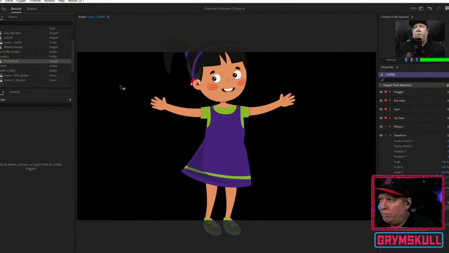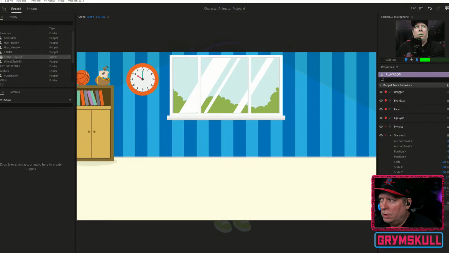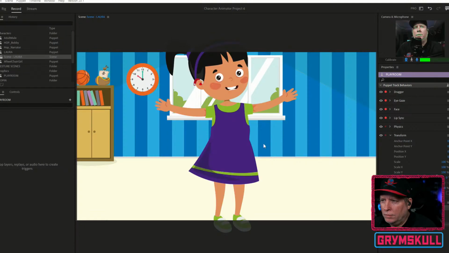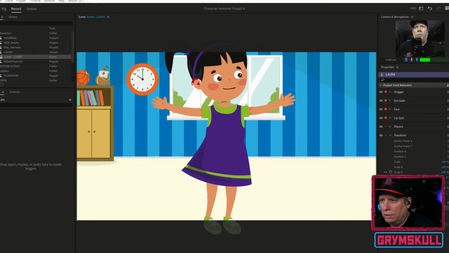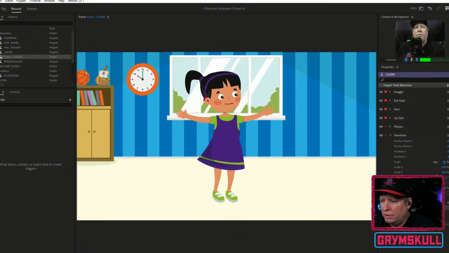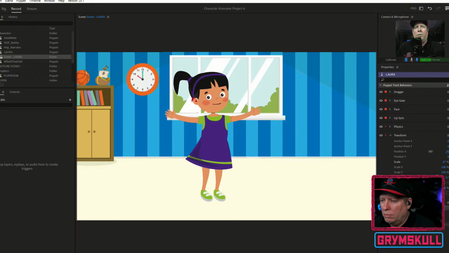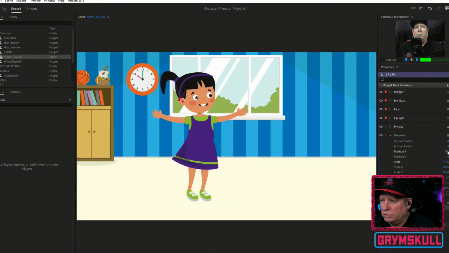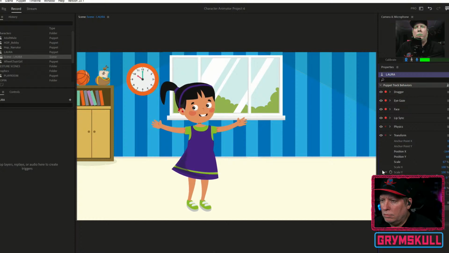Let's put the playroom in here, give her some place to interact with. She's kind of large, so we want to fix that. We're going to scale her down a bit and move her over a little bit. How about right there? We're on the floor. There we go.